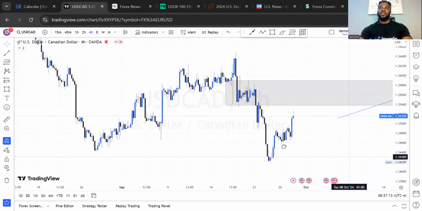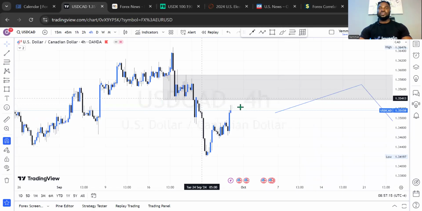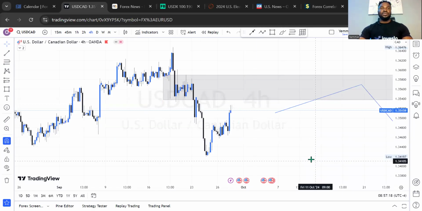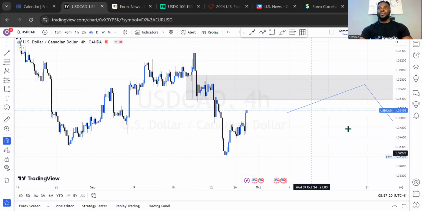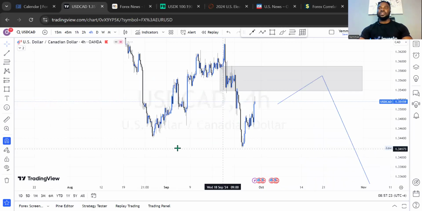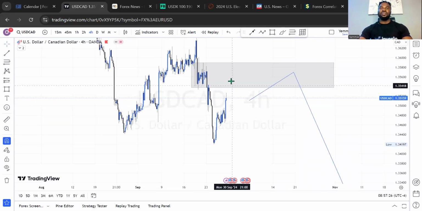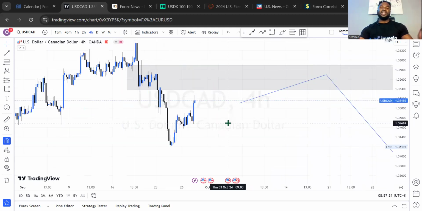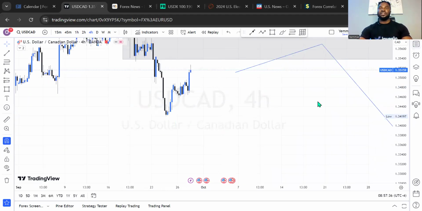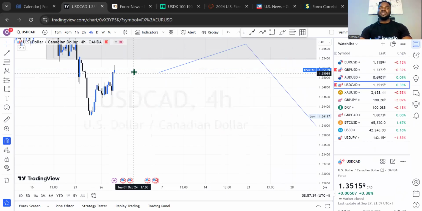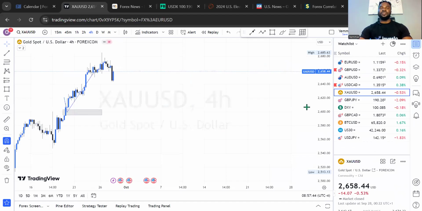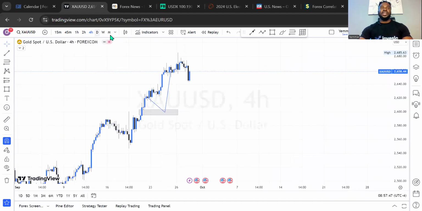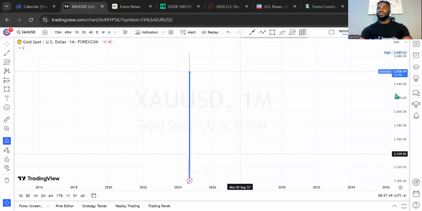This information remains the same on the 4-hour time frame, by the way. I'm expecting the market to go back into this price range on the intraday entry series. With that information, we'll be waiting for the market to buy a little bit into this range, show me more confirmation for a sell movement, which I can find the entry on the 1 hour or 15 minutes, and I can look forward to selling this USD card later on. However, that is what the chart is saying right now. If there's going to be any change based on fundamental outlooks, we're going to figure that out in between the week, and we're going to update that.